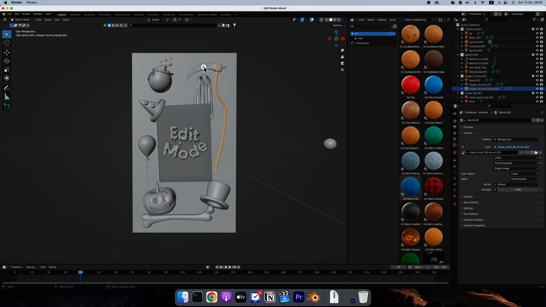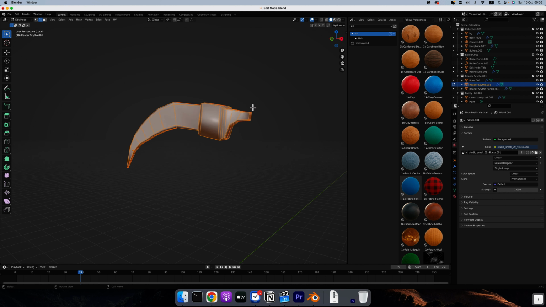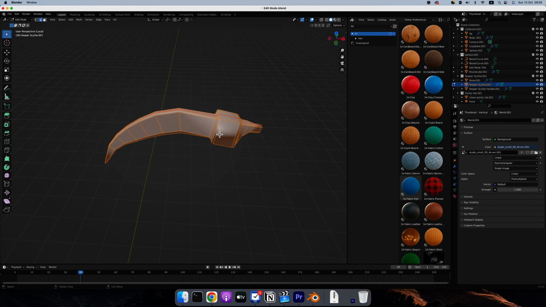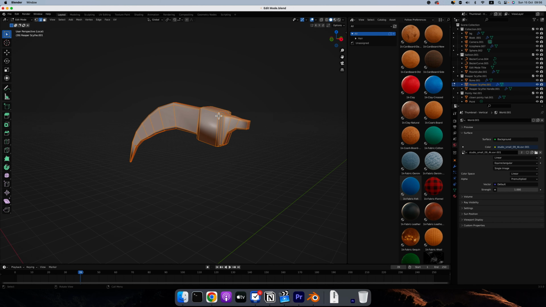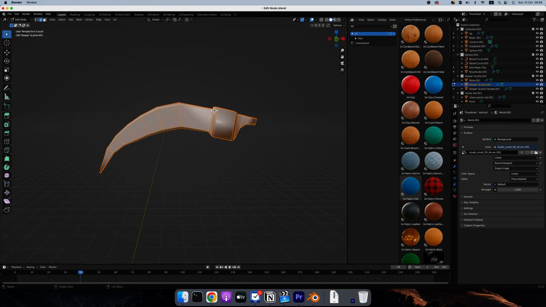And then for this part, the knife part, I either used a regular cube or a round cube, but I think a regular cube. And if I go to edit mode, you can actually see what is going on. And let's isolate it as well. So it's a cube, and then I extruded this part until I got this shape. I also have reference images for all of these to put behind my mesh so I can work with the shape of the image. And then I added edge loops over here and over here